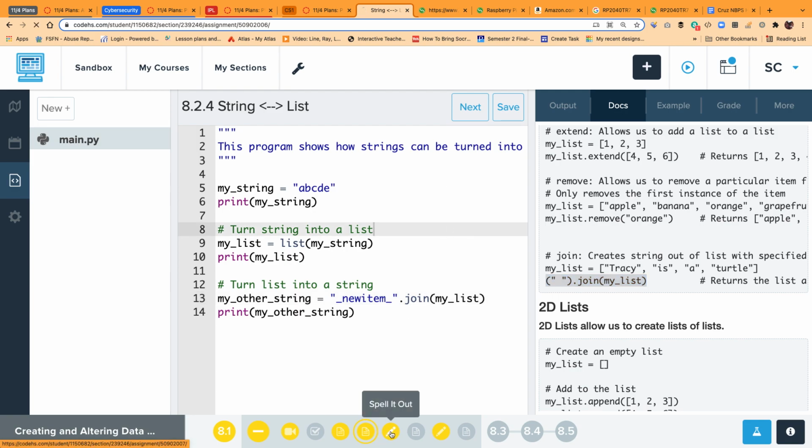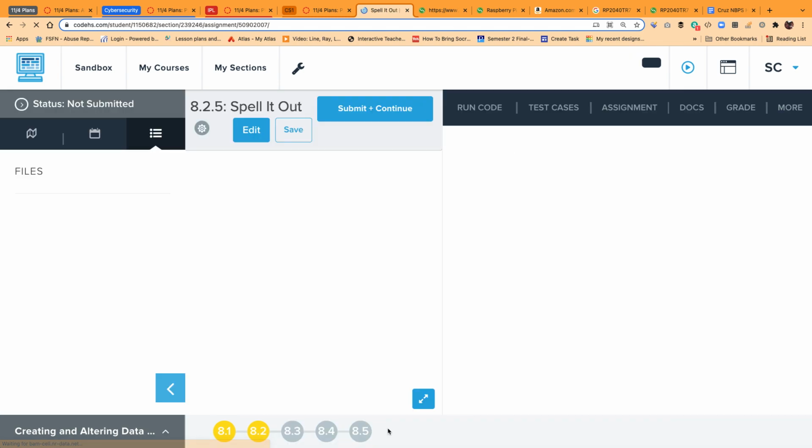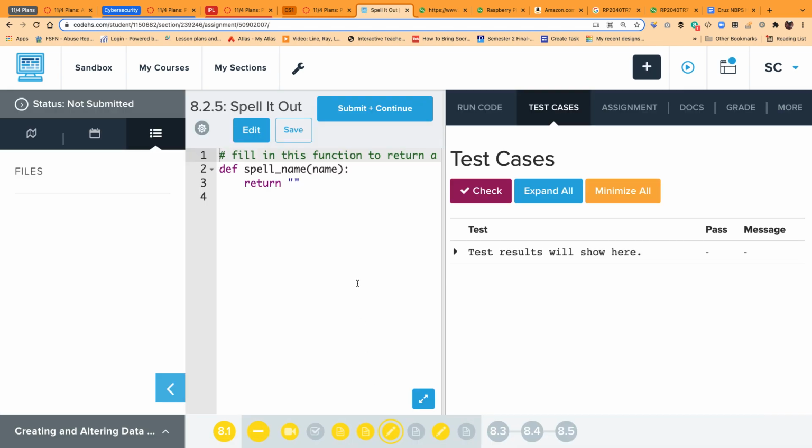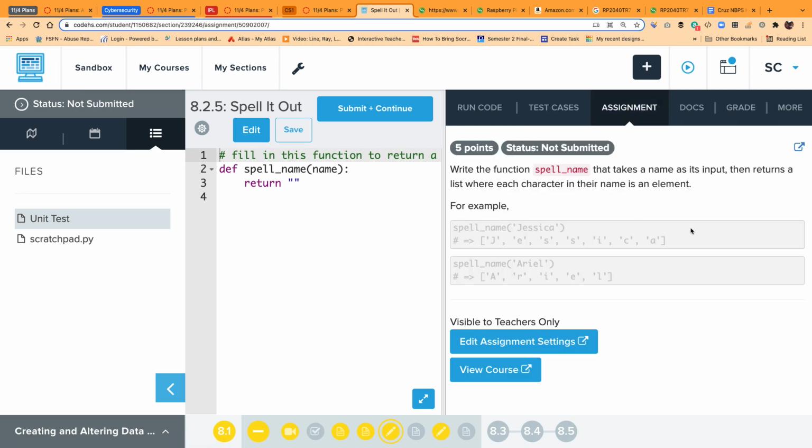All right, so now let's do the first example, which is to spell it out. For the assignment here, it says, write the function spell name that takes a name as its input, so the name is going to be in the form of a string, then returns a list where each letter in the name is an element. Okay, so for example, if I put Jessica in there, it's going to create a list with each letter